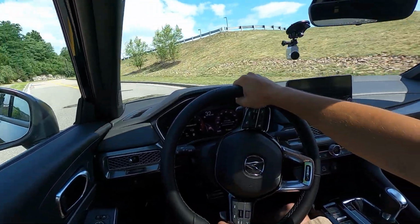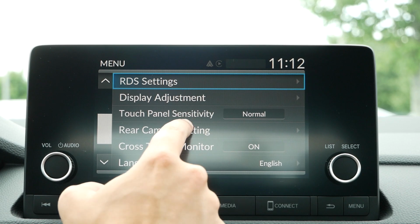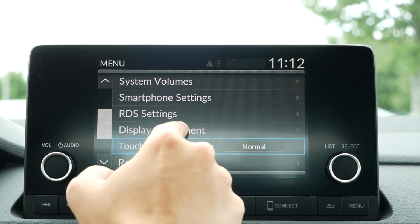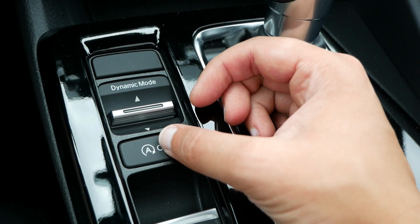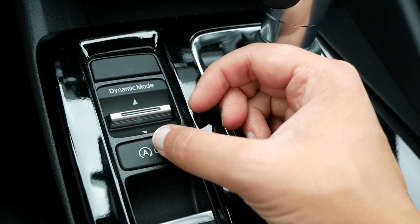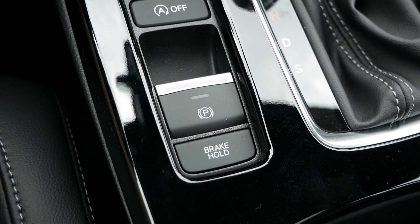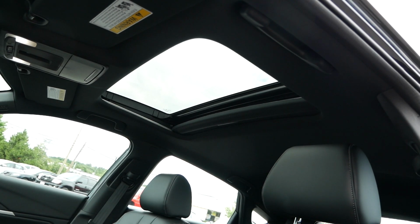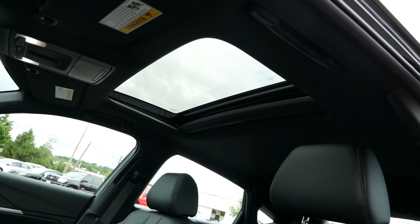and turns. Returning to the head unit, functionality is limited, as you receive the basic necessities. There will be quick access buttons and physical knobs for the volume and tuning, but if you're searching for improved technology, without question, opt for that technology package. Looking at the center console, it's here where you'll find the drive mode selector and electric parking brake. And for the center storage compartment, you'll have enough room for smaller items. And rounding out the front seating area, above will be a power moonroof to let in some natural light to